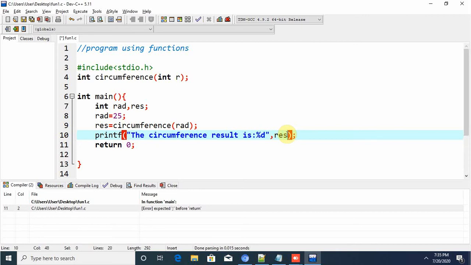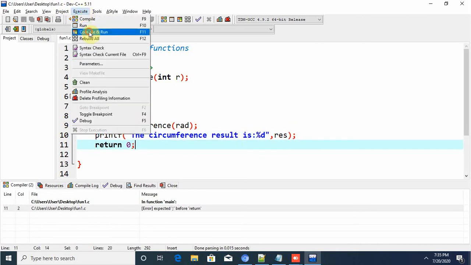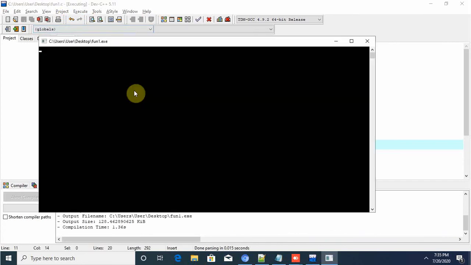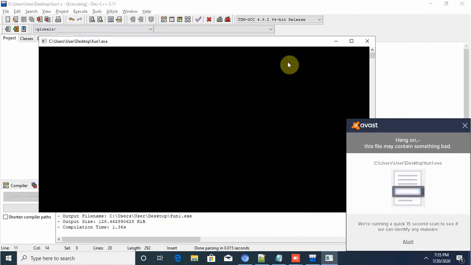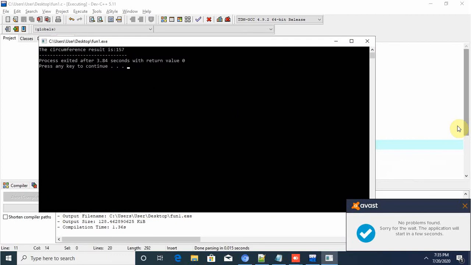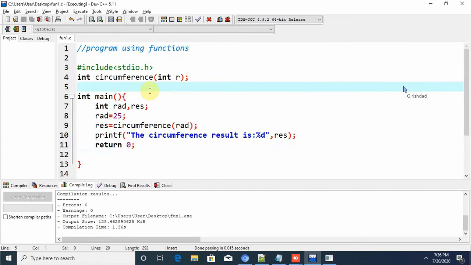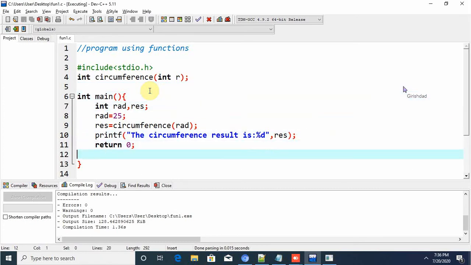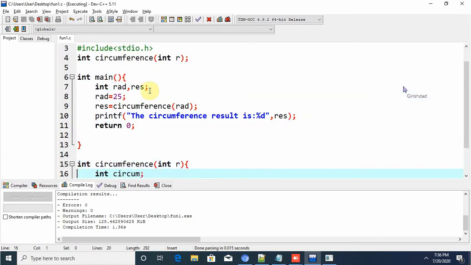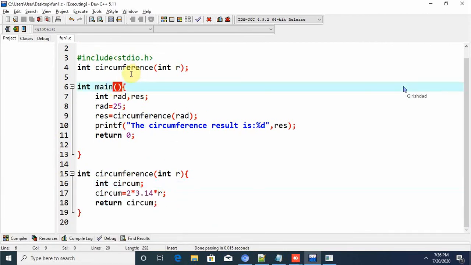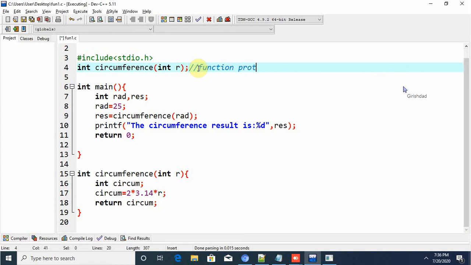This one is the result, right? The circumference result is 157. Okay, see, actually here what we did is, this is what we call the function prototype.